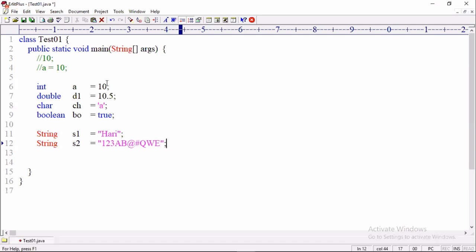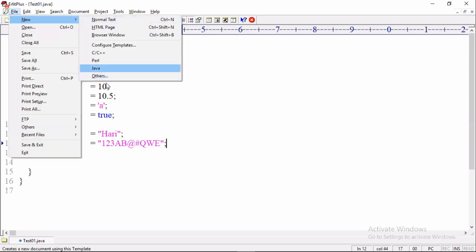So finally, in the first program we understood the syntax for creating a variable by using a data type. Directly you cannot assign a value to a variable. First you should create the variable and then you should assign the value. For creating a variable and assigning a value, whatever type you want to store, that type of variable you have to take. Fine.